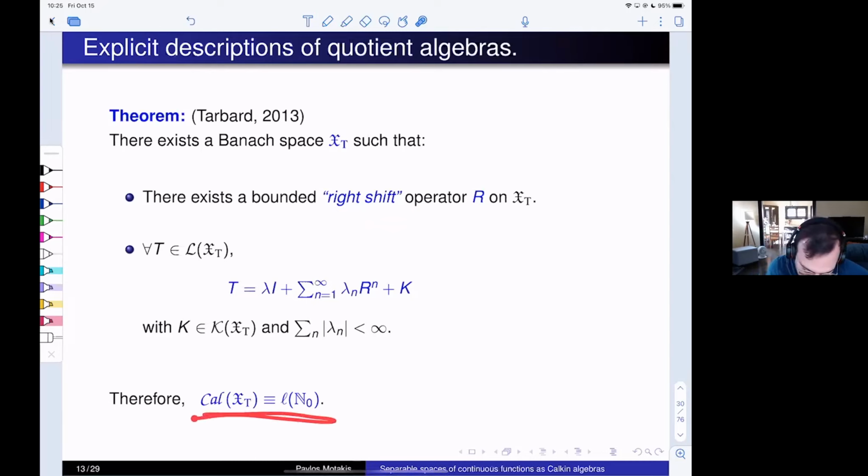So he did not do L1 of Z. There's a 1 missing here. There should be a 1 here. He did L1 of N0. Okay,